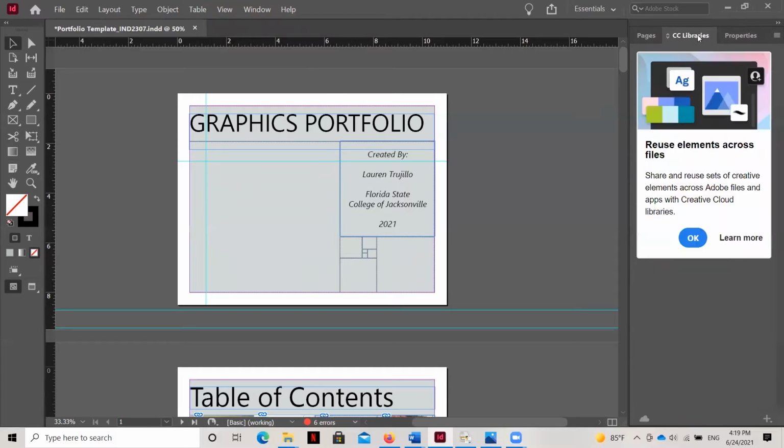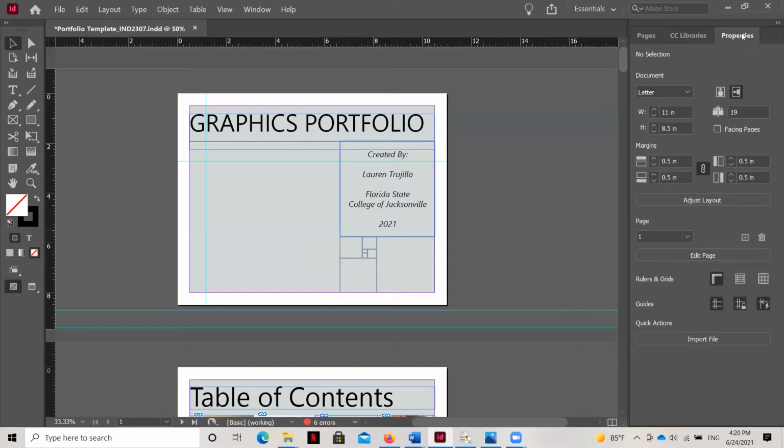Over here, you'll see CC Libraries, and that's the tab that allows you to search through various elements within the Creative Cloud. If you're merging multiple programs or using files across multiple softwares, you can find them here. You'll also see a Properties tab, and this populates information about the properties for whichever object that you are selecting.